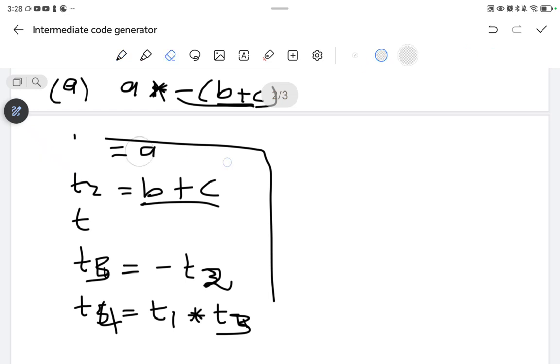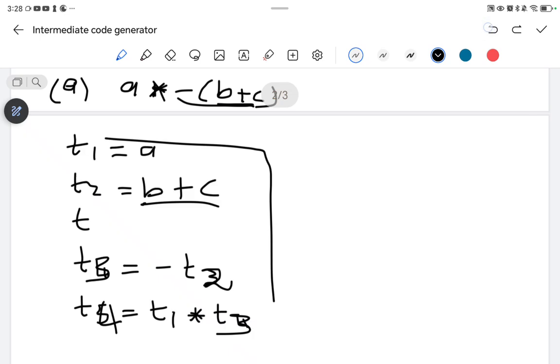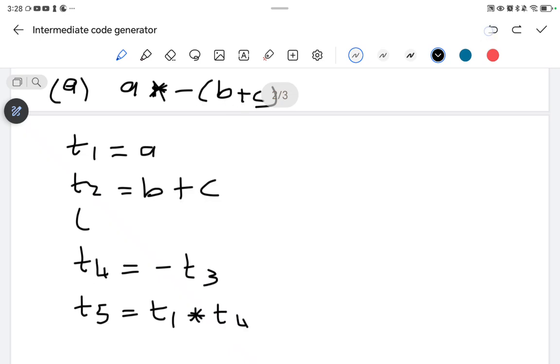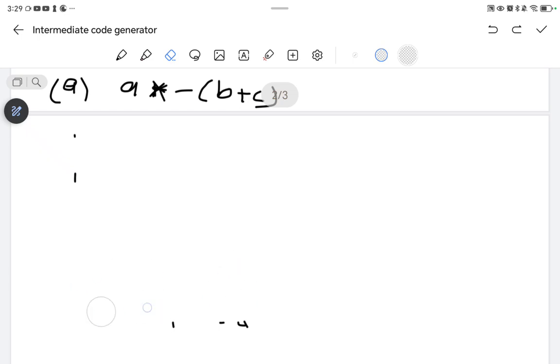which is what I want us to do. Someone would come and say, since I have brackets, check this. Every time you have brackets, I want you to do this. Every time you have brackets, you start with the one that is inside the brackets, always. So we're going to say